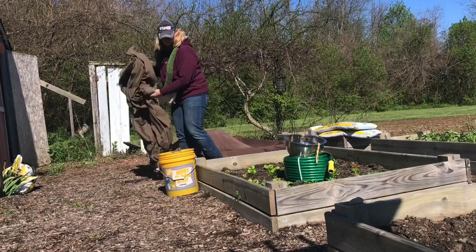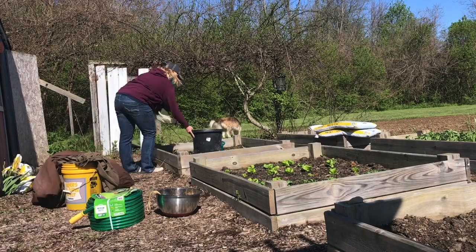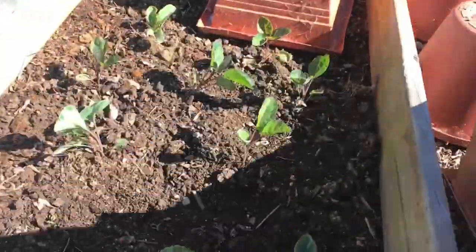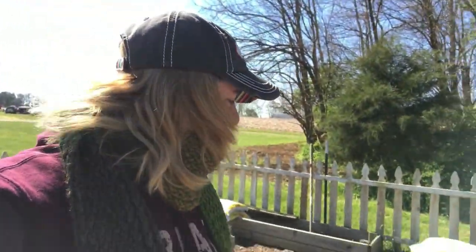to start those seeds and they usually don't like me, and I've got them growing really well inside. So let's go ahead and uncover these bad boys. Let's see if we lost anything. As you guys can tell, as I was taking them off, we didn't really get anything too badly nipped, which is nice. Time will tell. I think some of my cauliflower is looking a little bit burnt on the edges, which